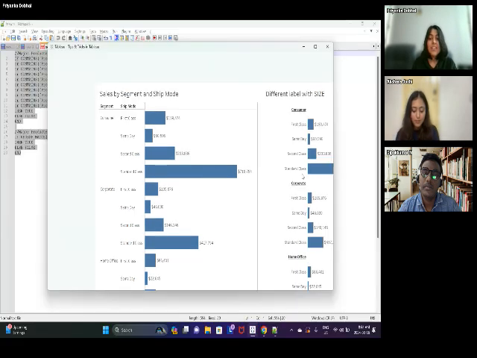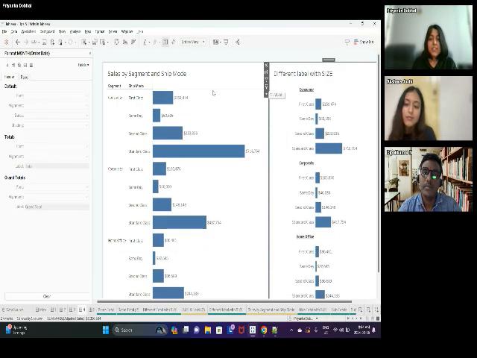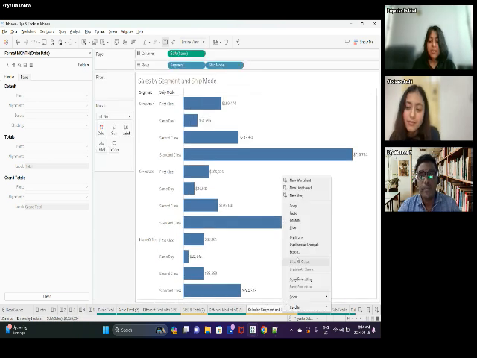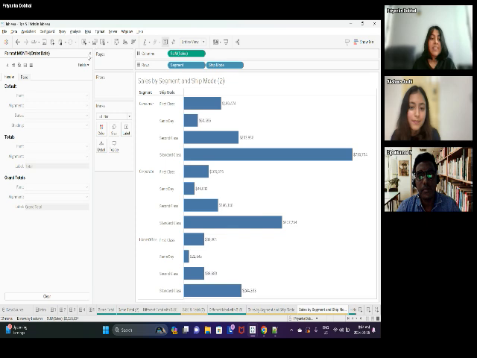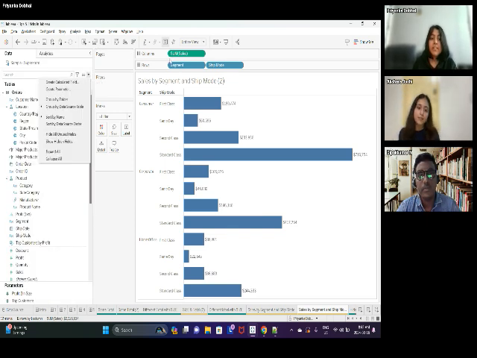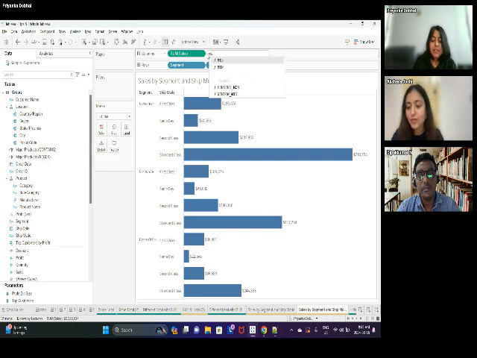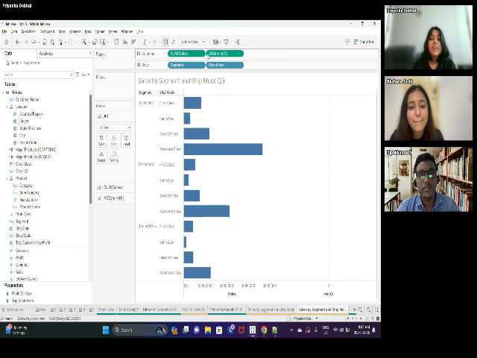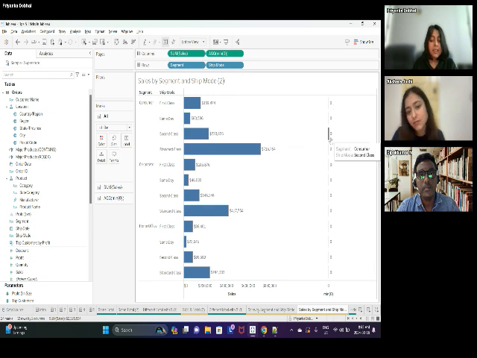So how are we actually working with this? I want to start from scratch. What I'll do is duplicate this sheet, and I will start with the same part, which is sizing. But what I'll do is add a minimum 0 over here. Minimum 0 is like a dummy axis that we do in Tableau for labeling purposes. So this is where the label has happened. You'll see as I do this whole thing.